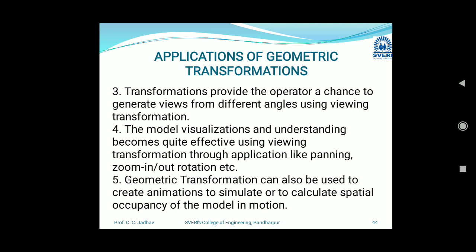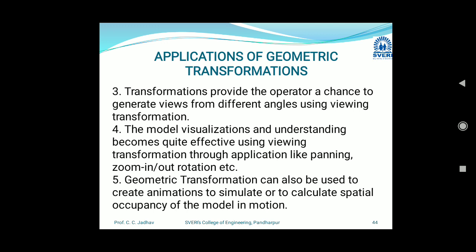Next, geometric transformation can also be used to create animation to simulate or calculate the spatial occupancy of the model in motion. By using this transformation you can create the animation of that model, and we can easily calculate all the information regarding the model in motion.